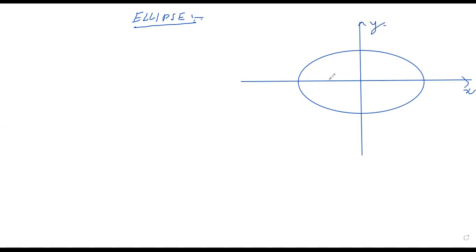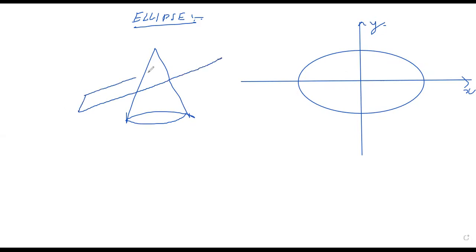So ellipse, first of all, I will tell you again from the cone how this figure is formed. Let's say this is a cone, and we cut this cone with a plane at some angle, like this. So the upper part of the cone will look something like this. Can you see there is an oval shape forming here? So that's how the ellipse is formed.